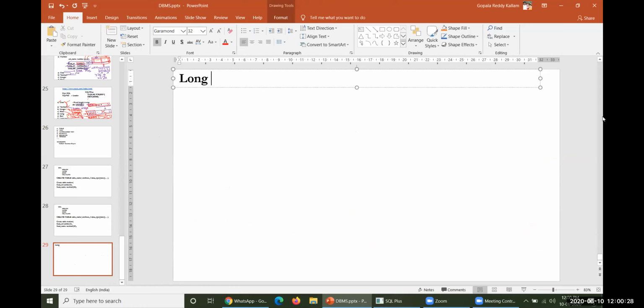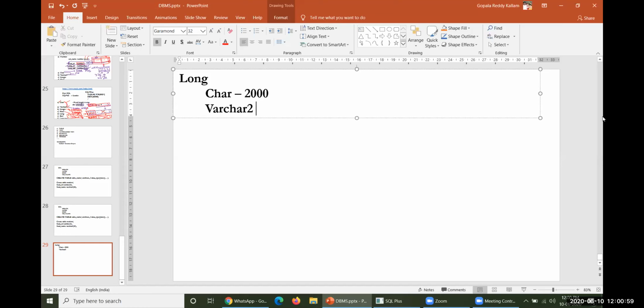Long data type. It is a very important data type, which is useful for us. As far as the character data type is concerned, it is supposed to store 2000 bytes. At most you can store 2000 bytes, whereas in varchar2 kind of data type you may be able to store 4000 bytes.